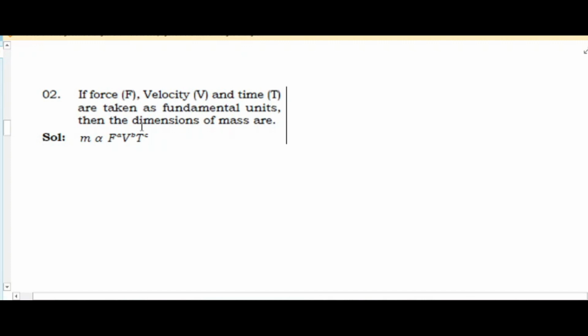Here, force F, velocity V and time T are taken as fundamental units. Then the dimensions of mass. This is the problem. Based on using dimensional analysis or dimensional formula, we can derive the relation between different physical quantities. Here, M is equal to a constant k, F to the power of a, V to the power of b, T to the power of c. Therefore, dimensional formula for M,